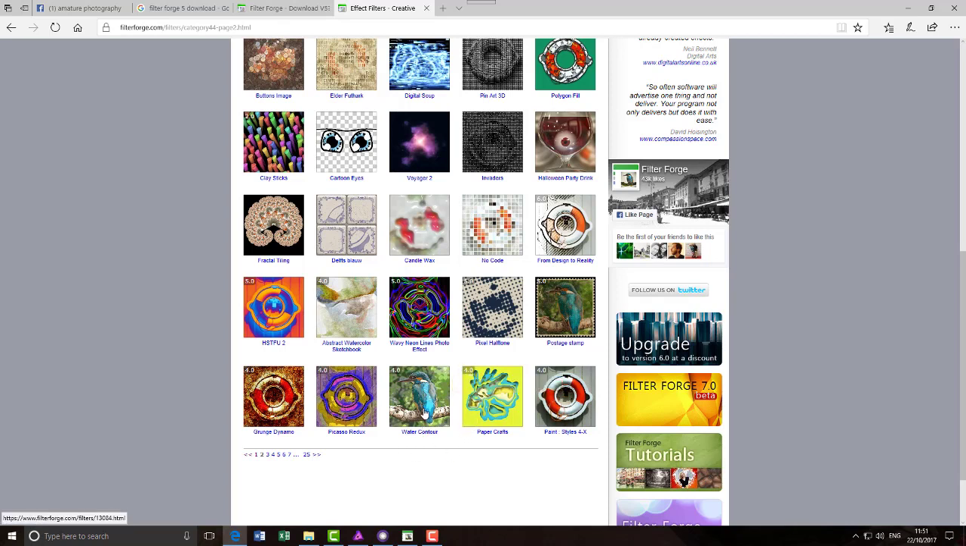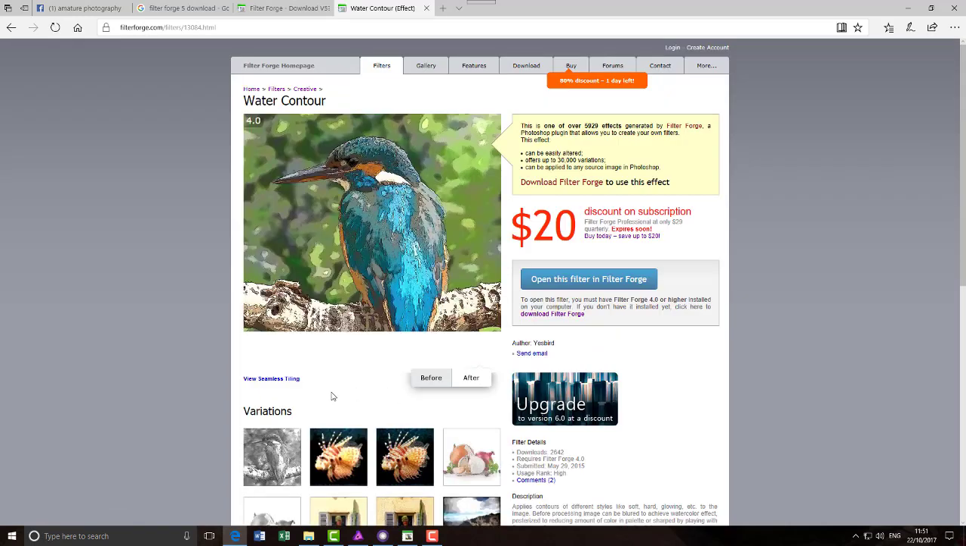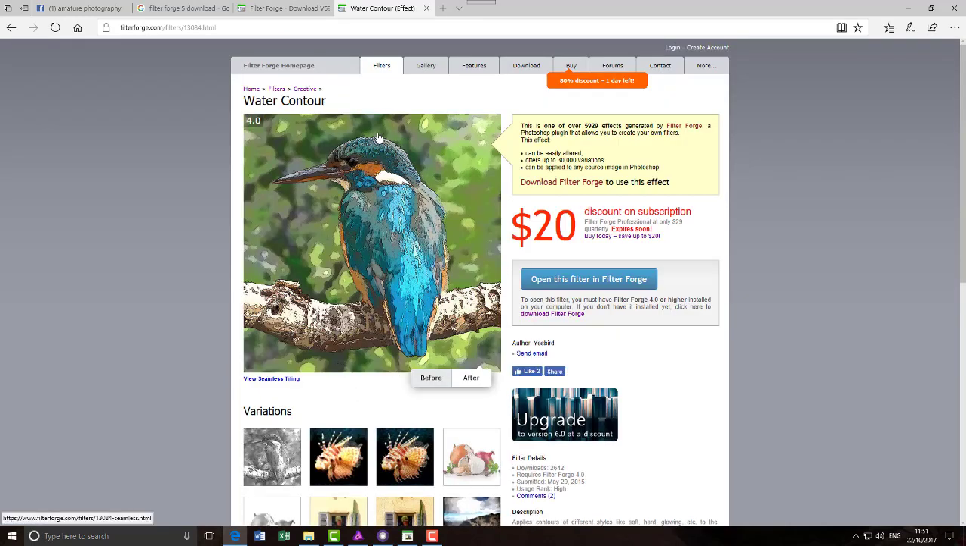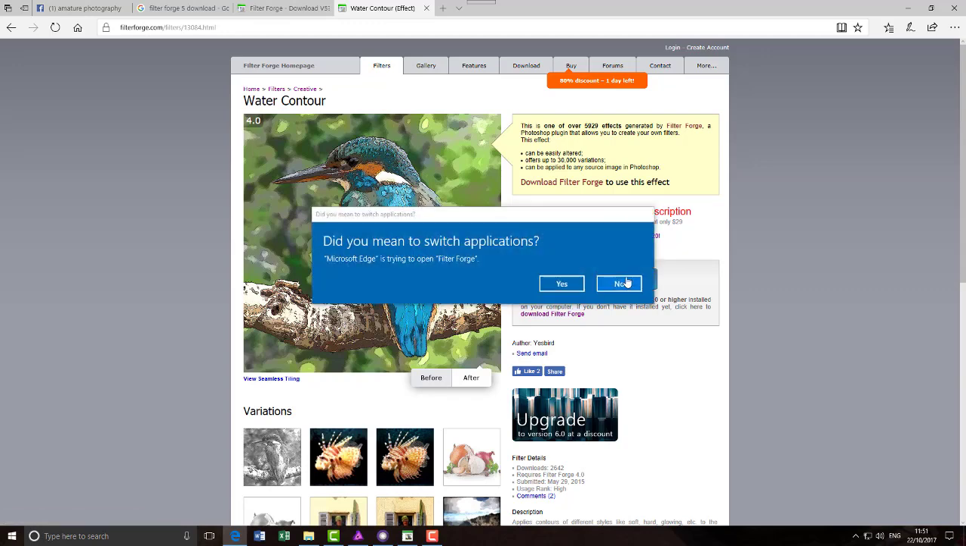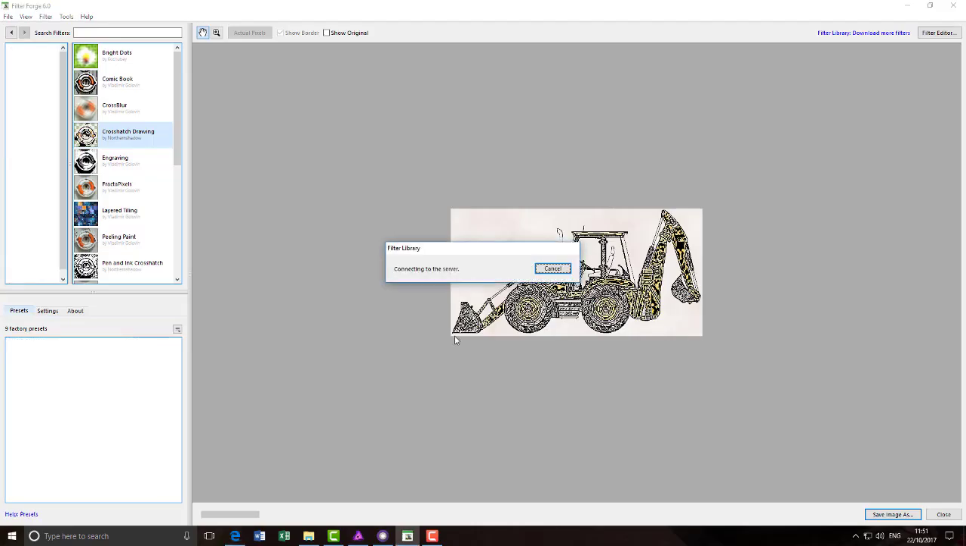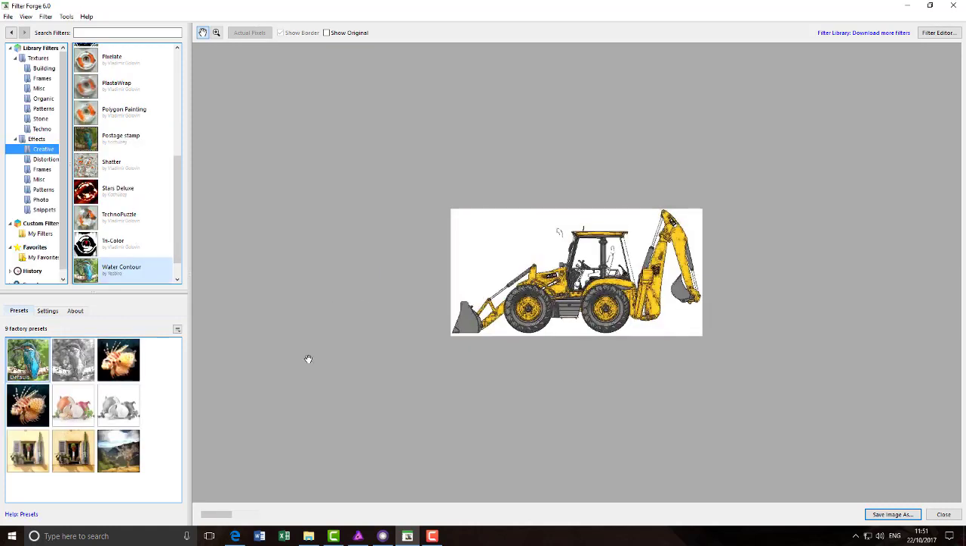But I'm going to try this water contour one, and it does look quite interesting. So I'll just click on open this filter in PhotoPlus, and it will just ask me if I want to do that, so I'll click yes. Just wait a little while. It's downloading the filter. So that has now installed water contour as the filter,